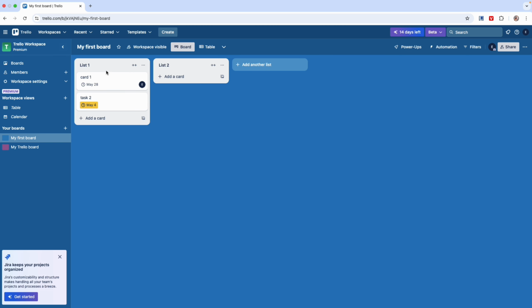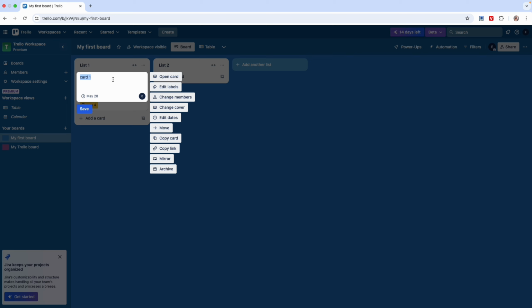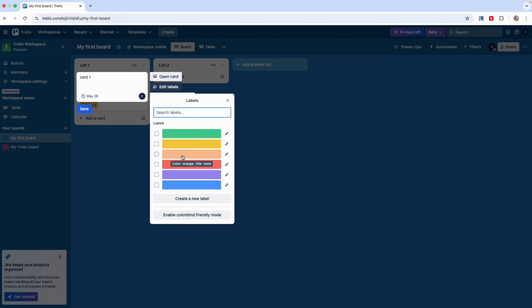So first, in order to make a card have a different color from other cards, what you want to do is right click on this card and click on edit labels. Click on the color that you want to set for the card. Let's say I want to set the card to have the color green,